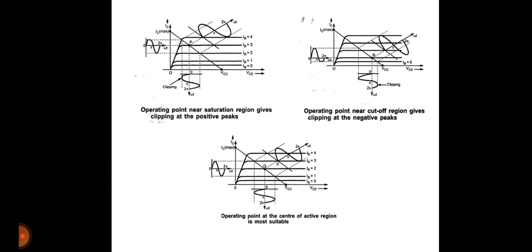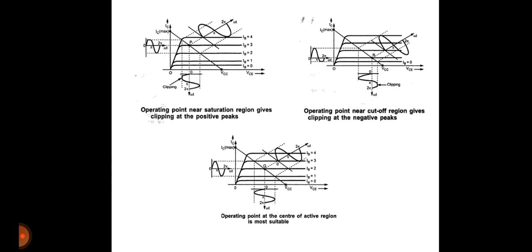So look at this slide. You can see three different graphs. Each graph represents the transistor output characteristics in CE configuration on which the DC load line is drawn. Here at the right side you can see the signal known as the input signal. To the left side, the signal known as the output signal, that is the output current signal. At the bottom, the output voltage signal.